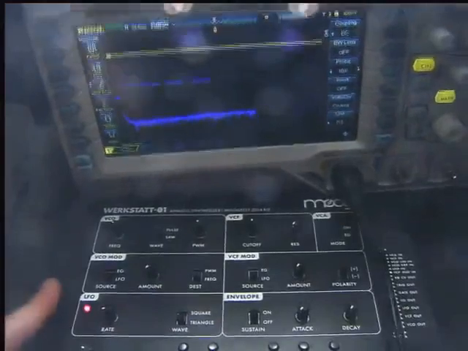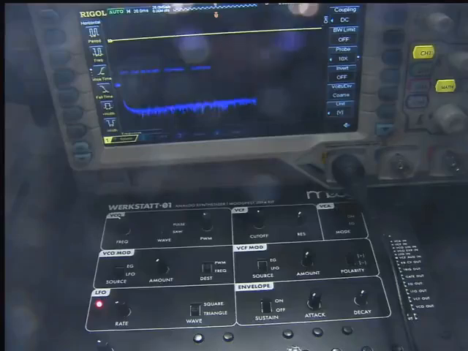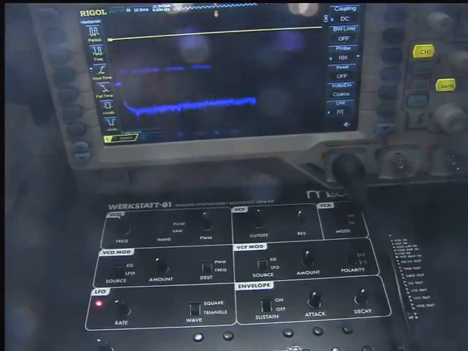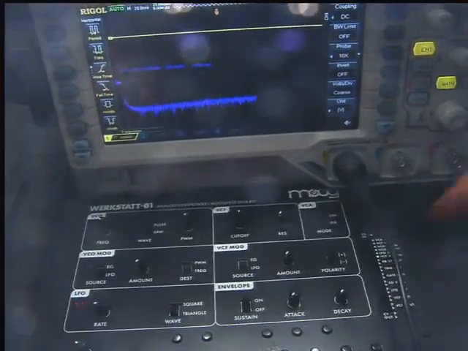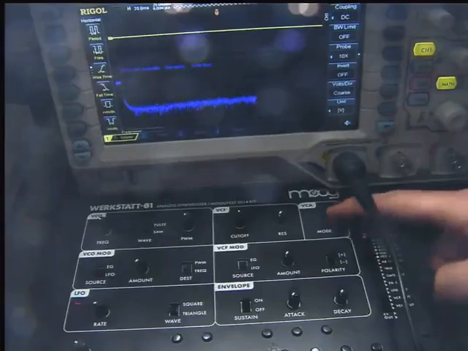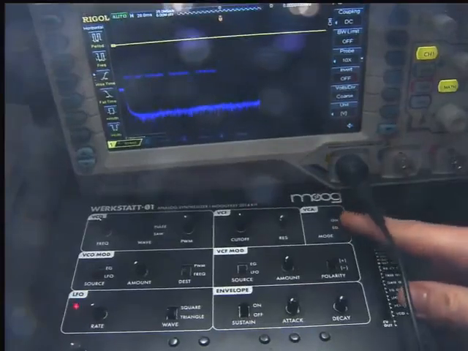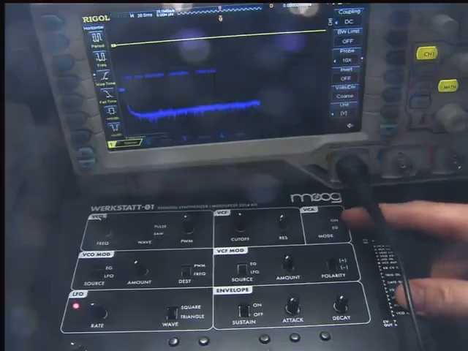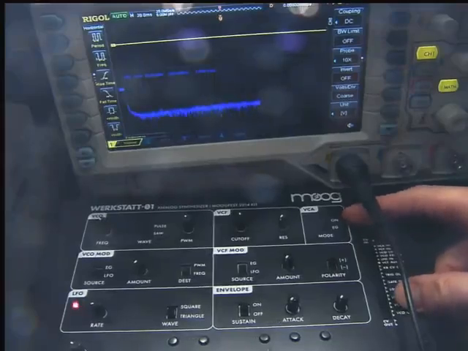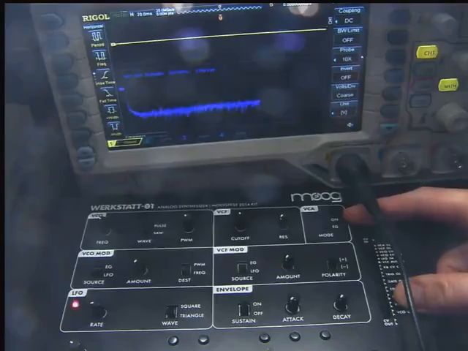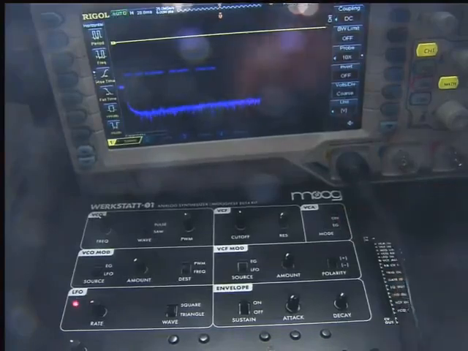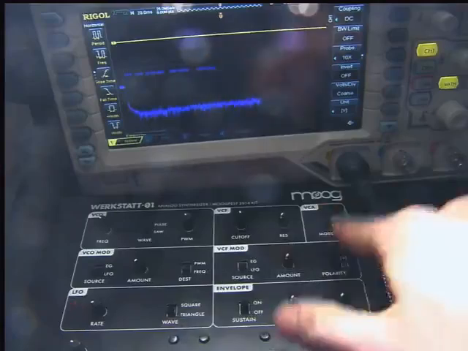So we talked about the VCO and the VCF. The only last audio stage left to talk about is the voltage-controlled amplifier. There's not a whole lot to say about it, really, but we'll go ahead and say what there is to say. There's one little box here labeled VCA, and it only has one switch, as you can see. It's just on and EG. That's saying where it gets its control voltage from. When it's in the on state, we just send a dummy control voltage that's a constant 1, and that just means the amplifier passes everything through unchanged. Whereas if we switch it to EG, it'll get its control voltage from the envelope generator. So we'll go ahead and add that in now.